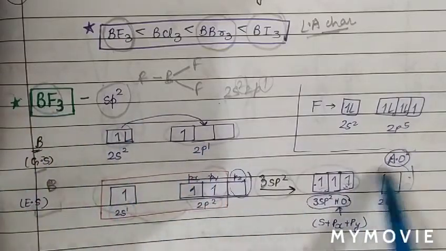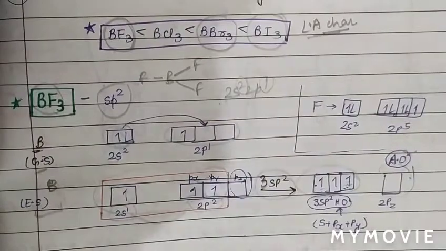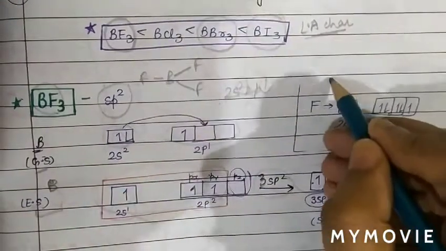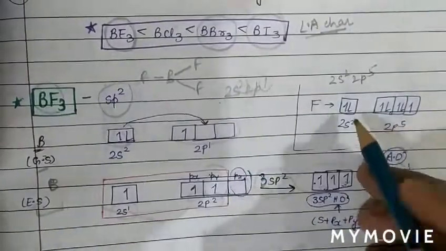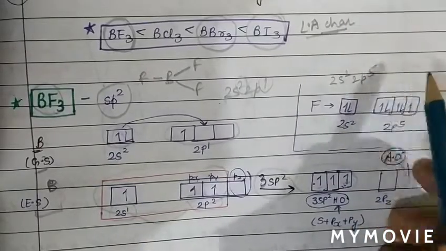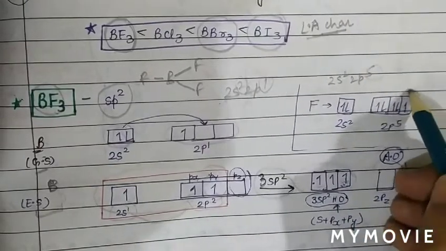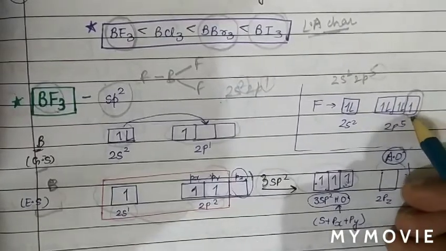Now see, this is all about the central metal atom, which is boron. So this is the configuration of boron. Now see the surrounding atom. The surrounding atom is fluorine. As we know, for fluorine, the valence shell configuration is 2s2 2p5. Now for fluorine, 2 electrons are in the s orbital and 5 electrons are in the p orbital. So basically in the case of fluorine, there is 1 unpaired electron in the p orbital.